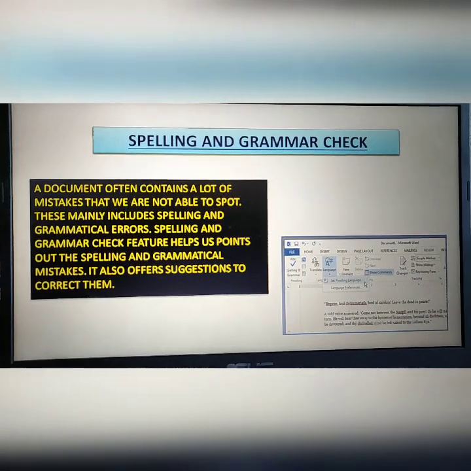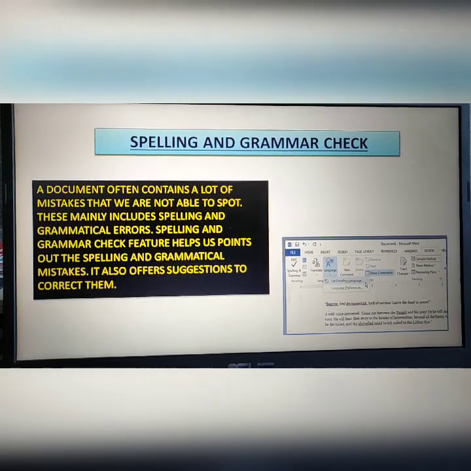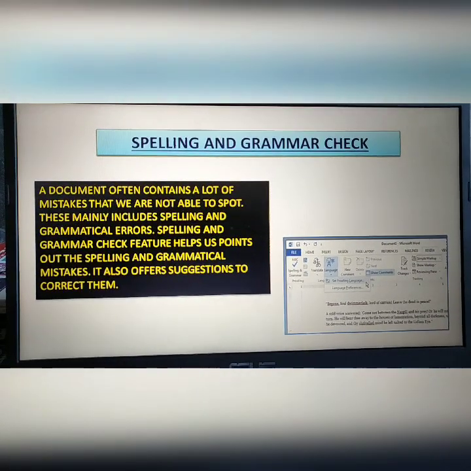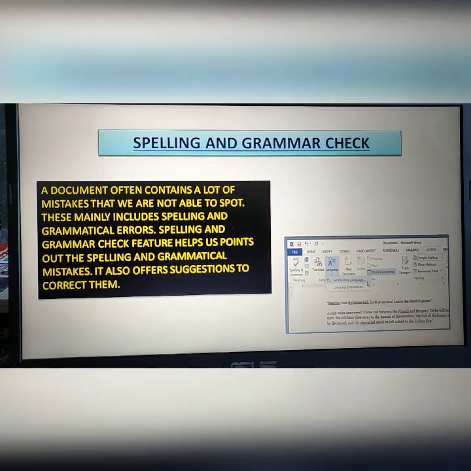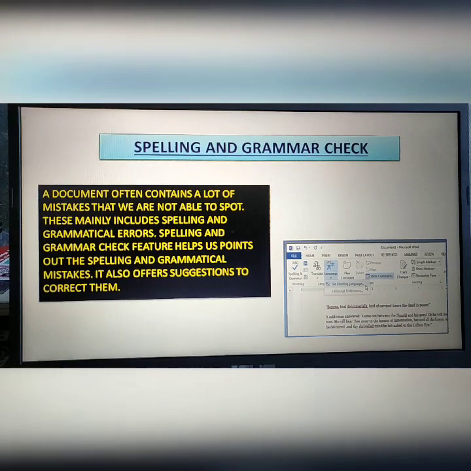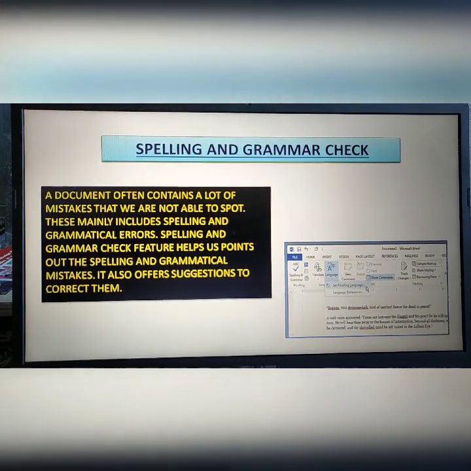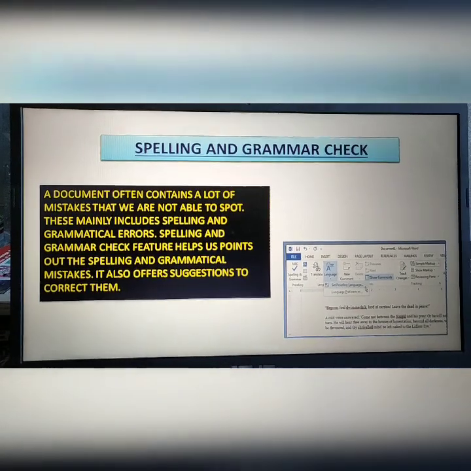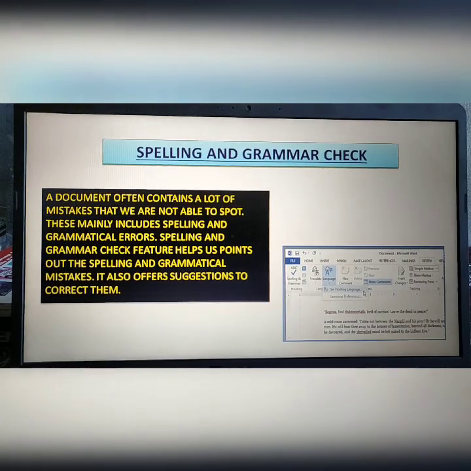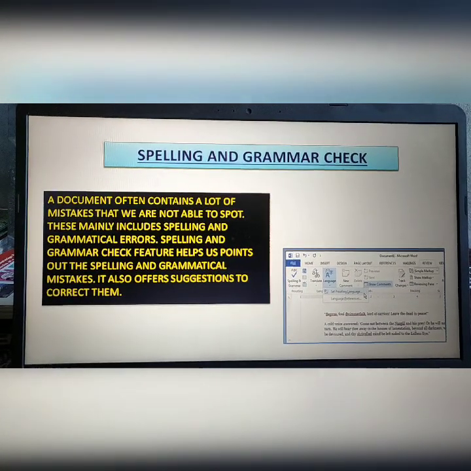Microsoft Word 2013 monitors all the words you type. It observes all the words you type. So you have noticed that while you type, some of the words will have a thin wavy red or blue line below the words. This shows that these underlined words contain spelling and grammatical errors.